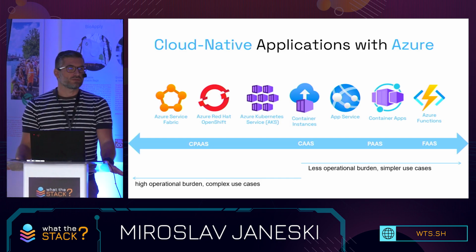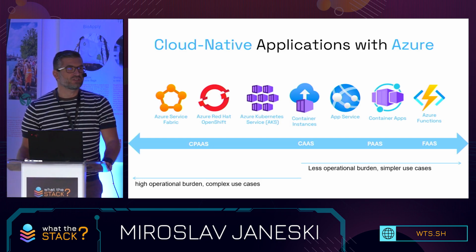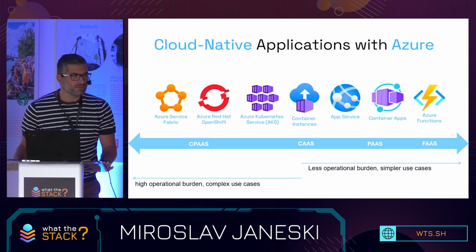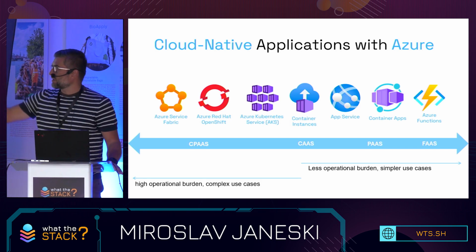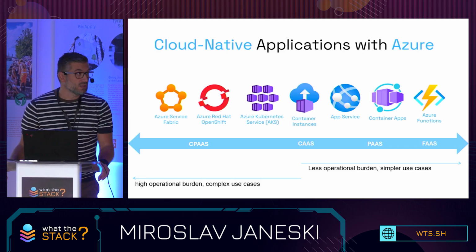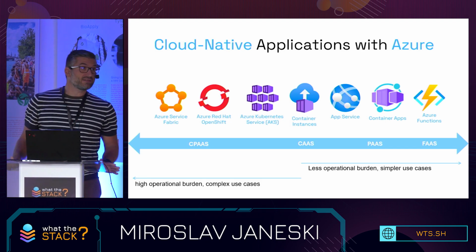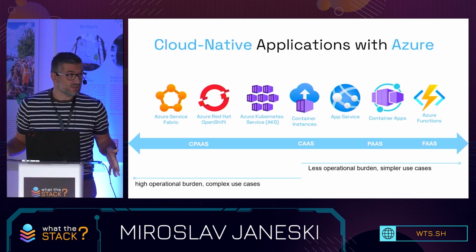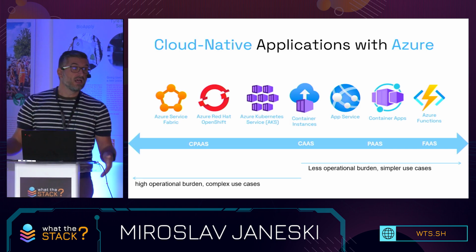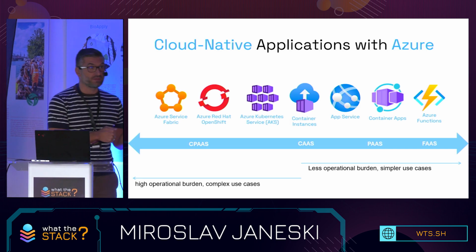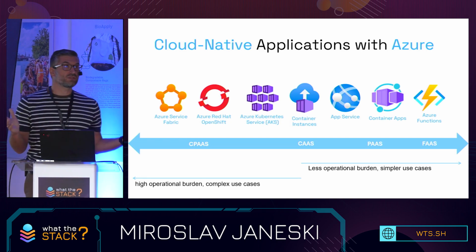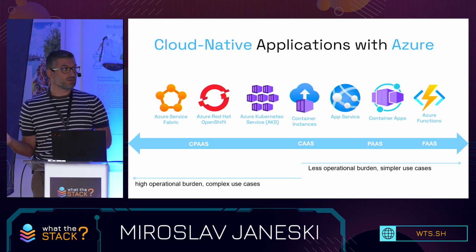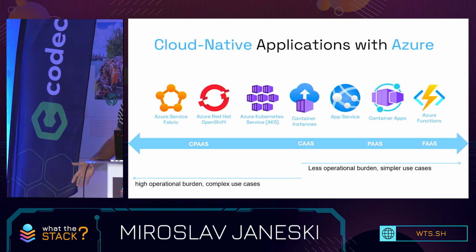So what would you choose? Let's say you have an infinite budget and you have 3 Kubernetes ninjas in your team, then probably you can solve all your problems with Kubernetes service cluster. But that means that you need at least $300 for a single Kubernetes cluster running in the cloud, and you also need to have these ninjas in your team. But what happens if you don't have them? Like if you have just €50 per month for your product, and you don't have Kubernetes knowledge in your team,